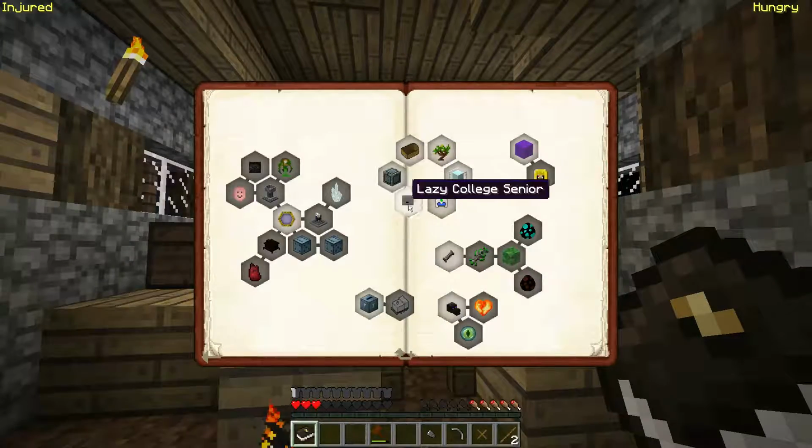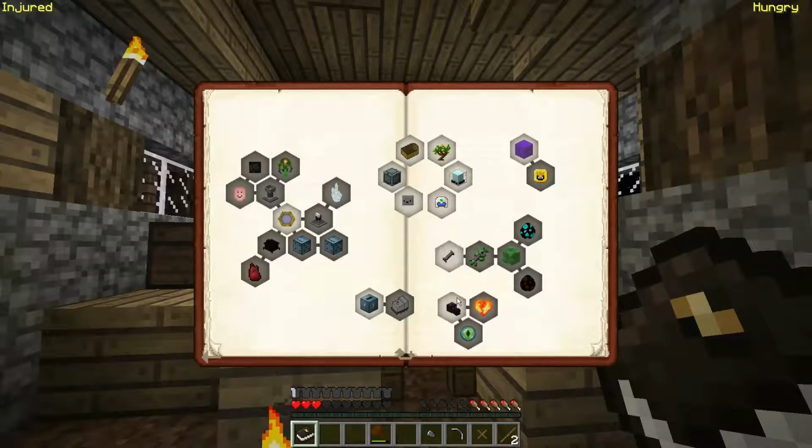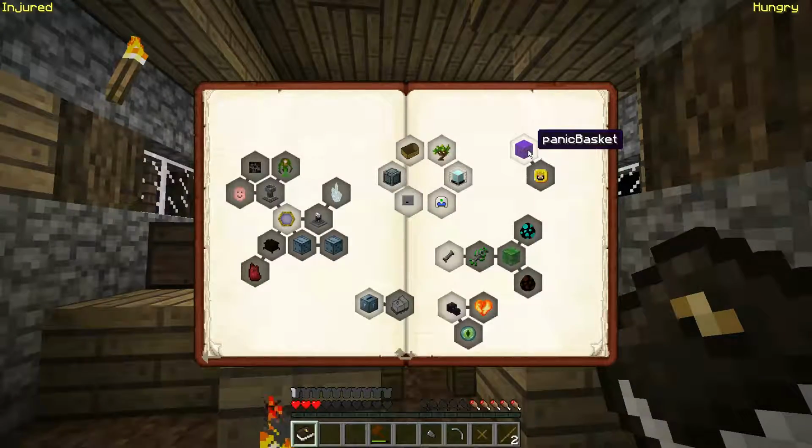Miscellaneous stuff here. There's inventory pads. Some kind of mailbox. I'm not sure what that is. And then it wants us to kill the dragon, and I'm assuming Draconic Evolution is in here. Don't know what that is. Oh, that's...